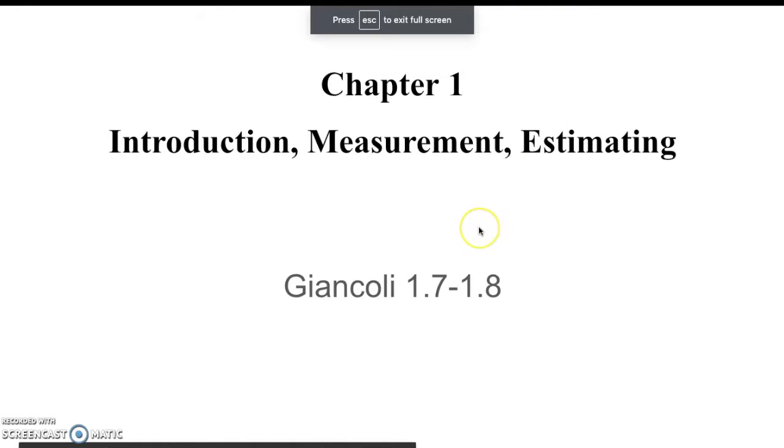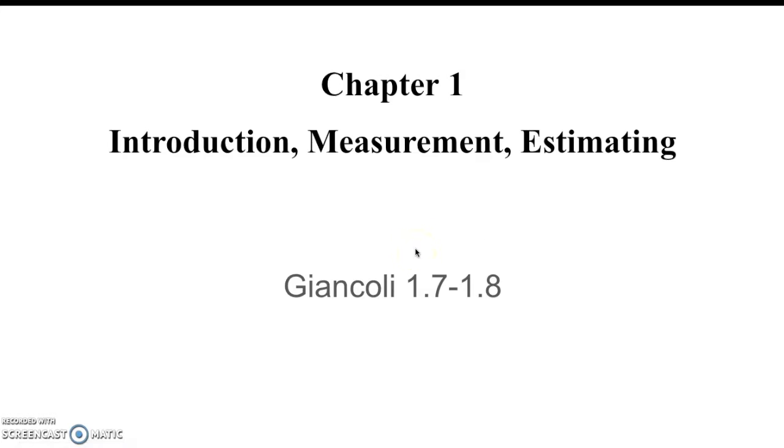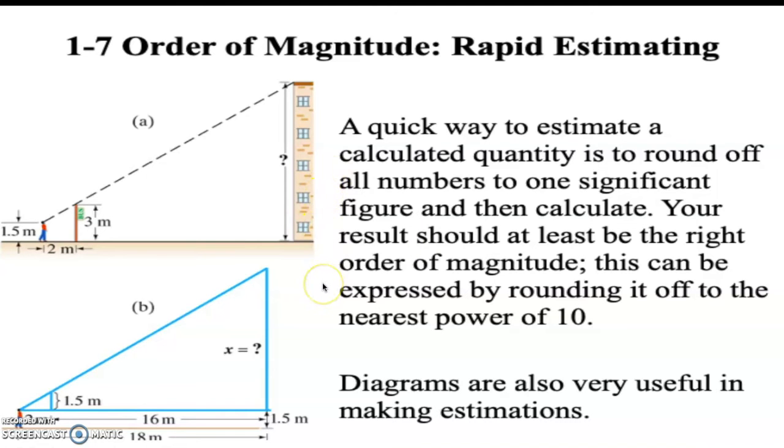Okay, we will finish our discussion of the rest of introduction, measurement, and estimating by talking about sections 7 and 8. The first of these is order of magnitude rapid estimating. So a quick way we want to calculate is we want to round to 1 sig fig and then